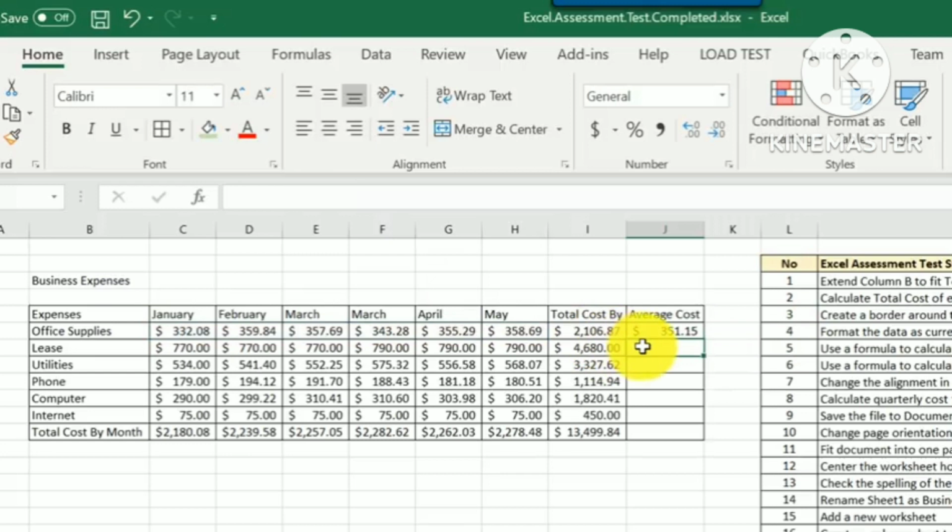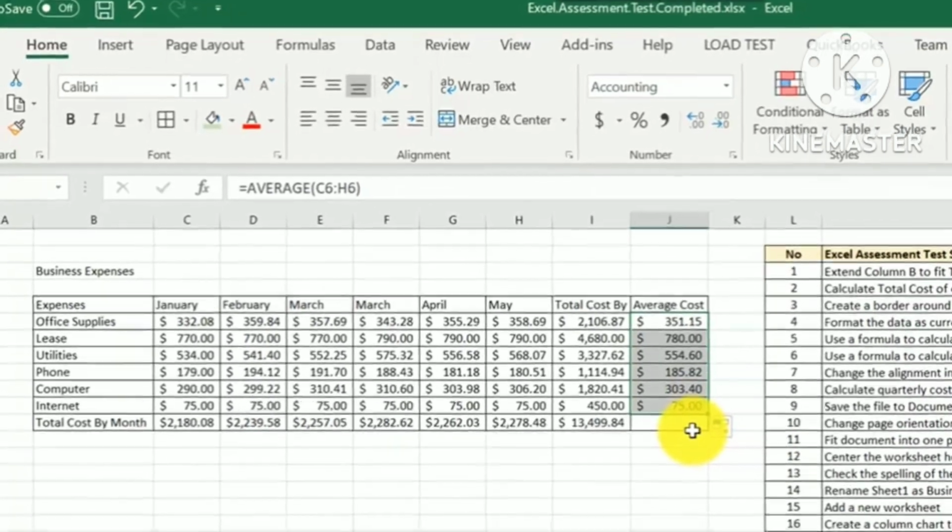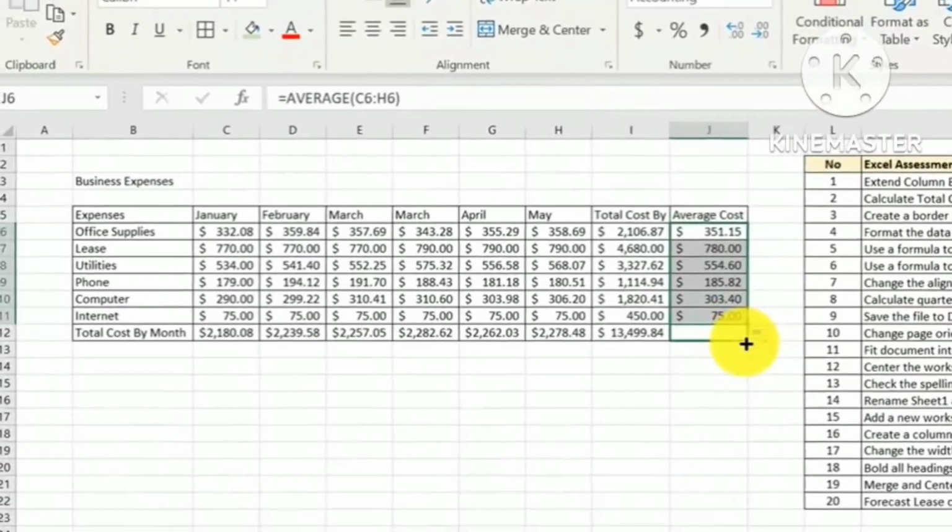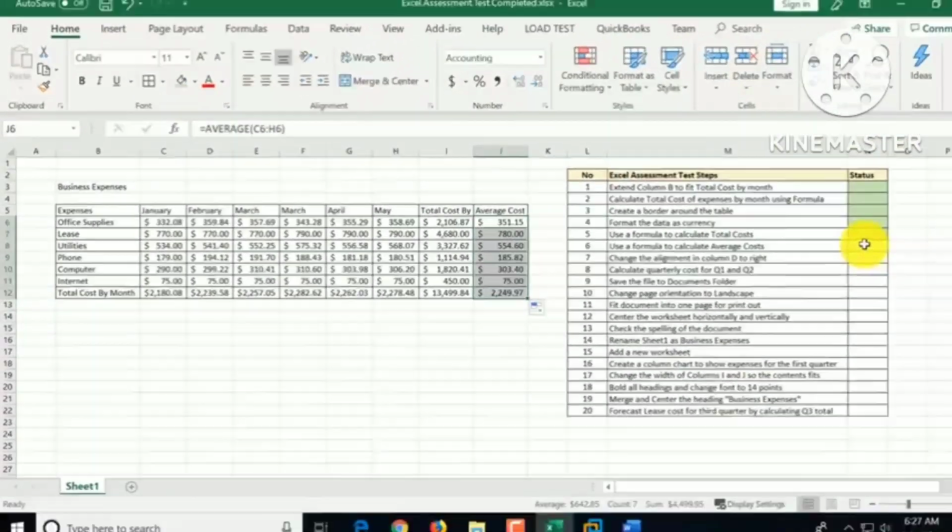So our average cost for office supplies is $351.15. You can extend this formula because it's going to be the same, all the values up to the internet. There's no reason to calculate average total cost by month. I guess we can, so we'll just extend it. And we'll mark step 6 as